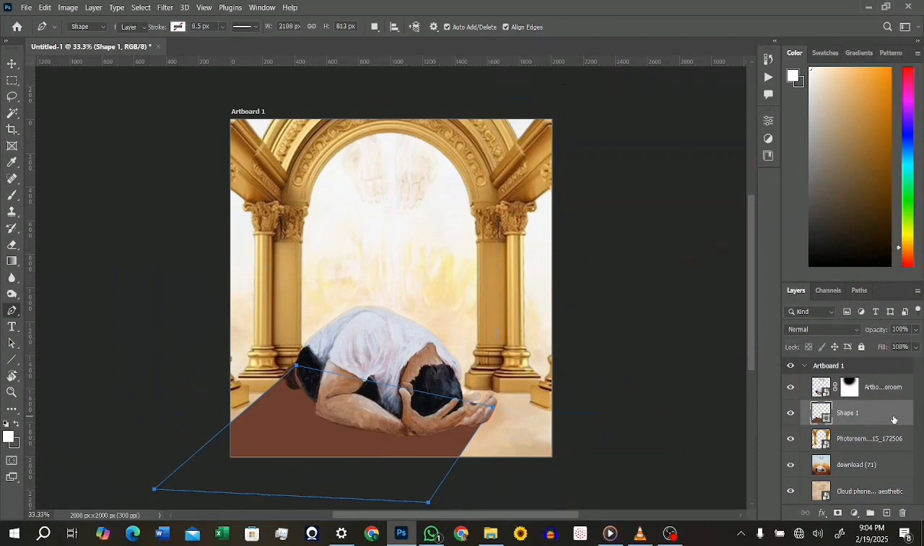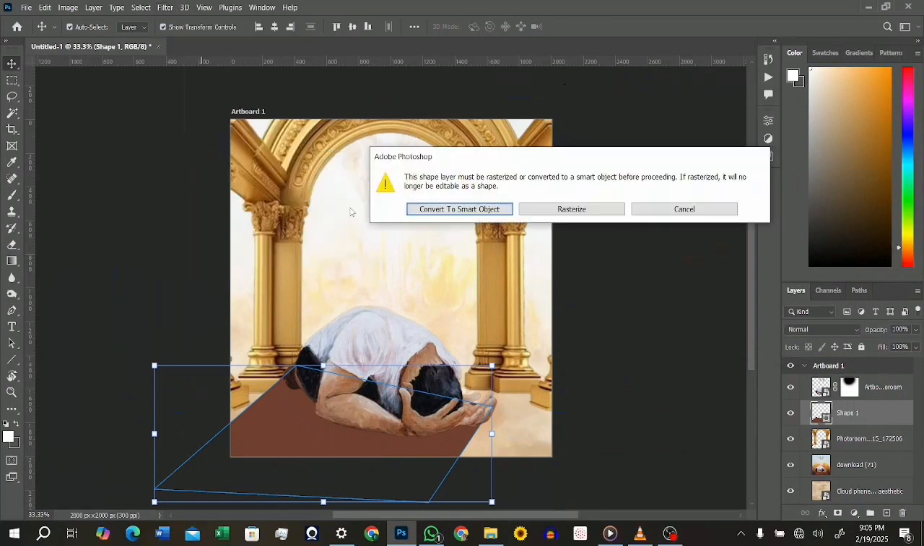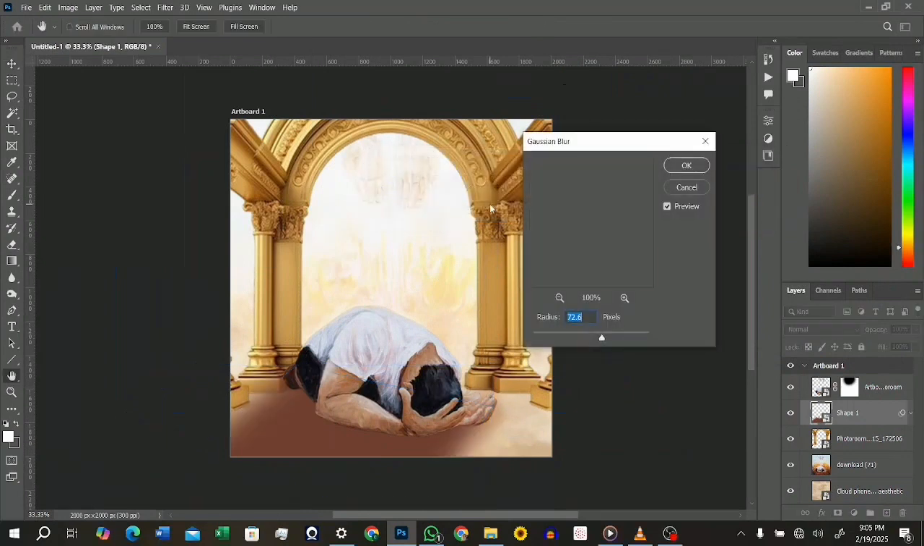Now after doing that, I want to pick my move tool, hit V on my keyboard to select the move tool, and then, you know, we have this. So basically what I'm going to do next is to come to filter, and I'm simply going to go to blur. I'm going to go to blur, and it's going to ask me if I want to rasterize the image or convert it to smart object. I'm simply going to just click on convert to smart objects,